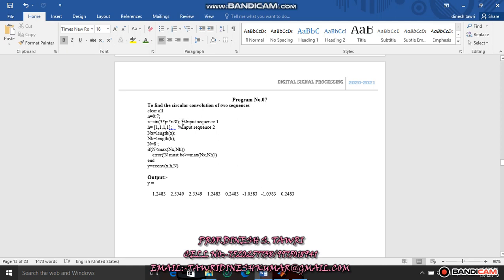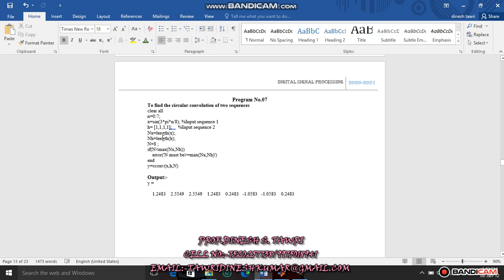In the first input sequence there are 8 samples available, so the length of the first sequence will be greater than the length of the second sequence, as I suggested earlier. So in the next line write nx equal to length of small x, followed by a semicolon. In the next line write NH equal to length of small h, semicolon.